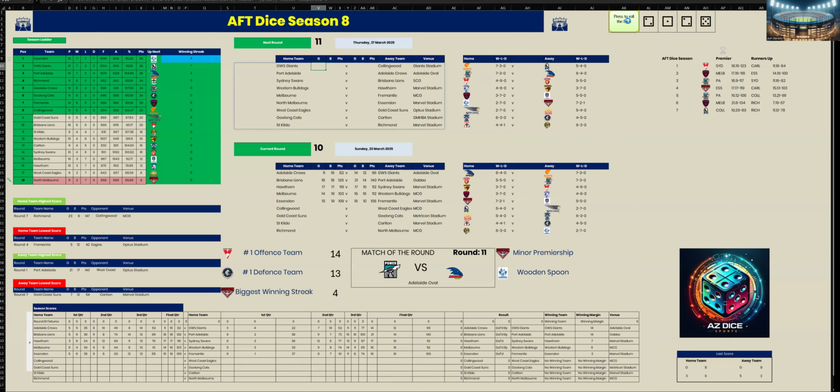It is Collingwood versus West Coast Eagles at the MCG. So we've got Collingwood in the top 8. So they're in 8th position. West Coast in 17th. Let's go to the first quarter. Collingwood, they've kicked 2 goals 4 to West Coast, 3 goals 1. West Coast are in front by 3 points, 19 to 16. Let's go to the second quarter.